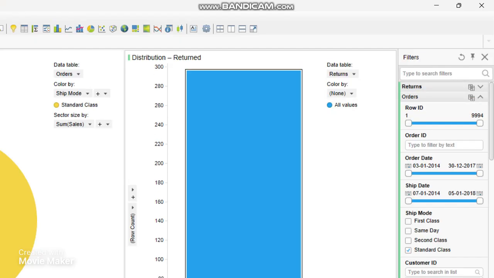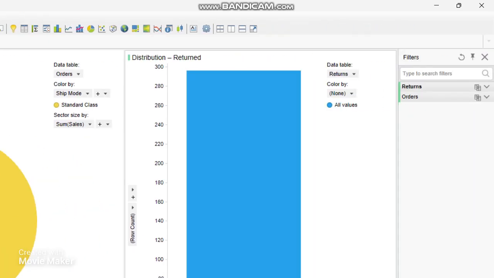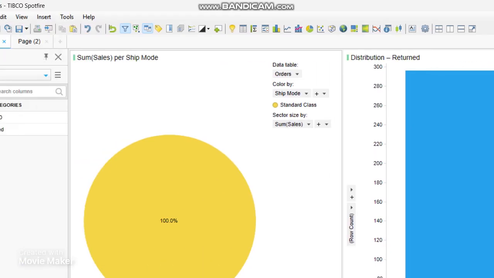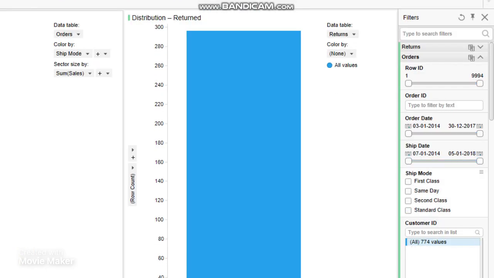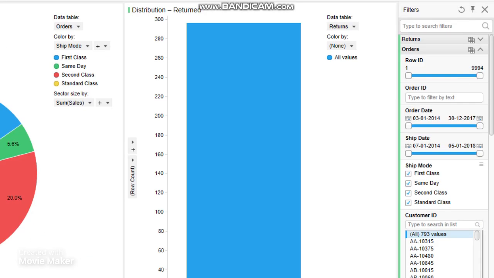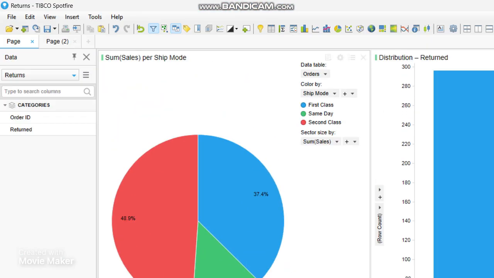Okay. So the classical case where you must use this data relation is, for example, I just created two charts using two different tables. This chart is created using the orders table and this one is created using the returns table. Okay, so let me apply a filter. If you see, this filter will only filter the data in